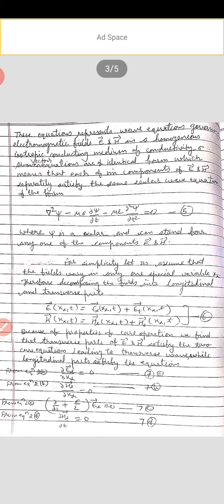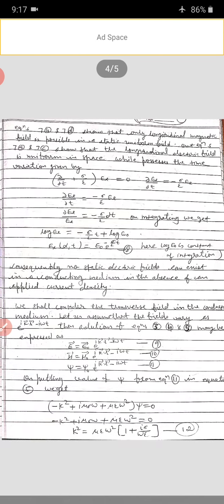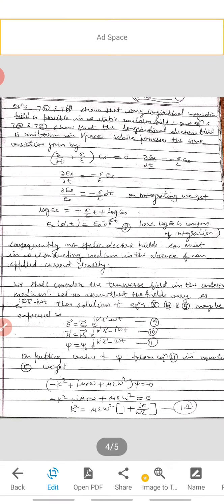These are the four equations. Now, equations 7b and 7d show that only a longitudinal magnetic field is possible in a static uniform field, but equations 7a and 7c show that the longitudinal electric